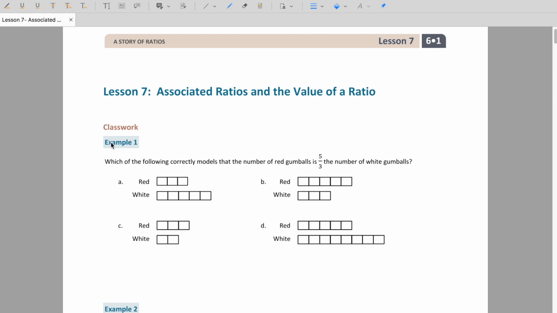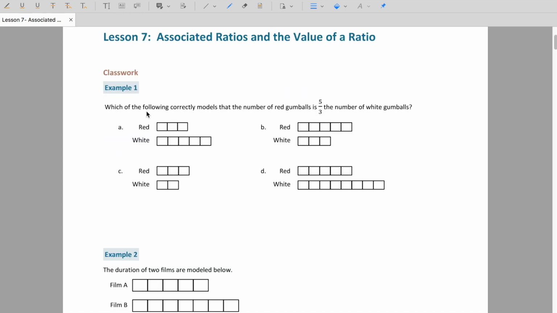Let's start with this classwork problem. Which of the following correctly models the number of red gumballs is 5/3 the number of white gumballs? What we're trying to show is that the red gumballs are 5/3 the size of the white gumballs. So basically we're looking for a number that's 5 to 3, right? This one shows the red is 3, and then there's 1, 2, 3, 4, 5